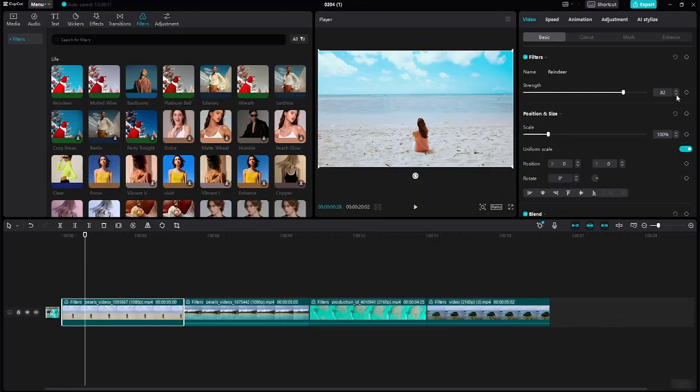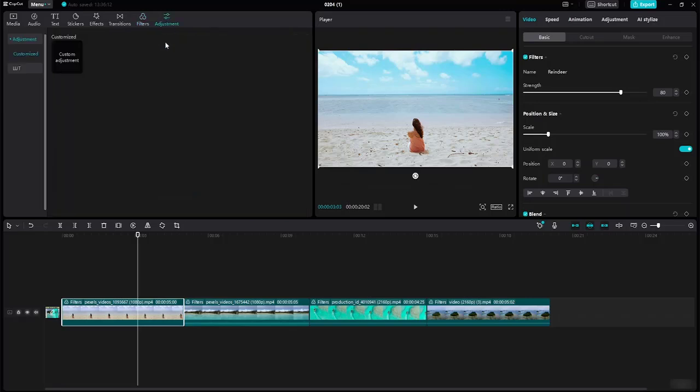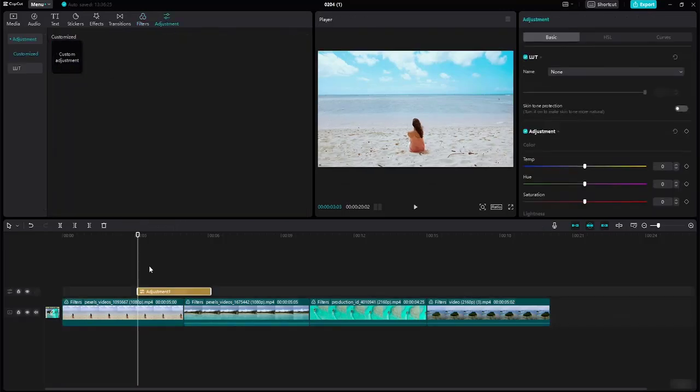Okay, maybe I will just decrease the strength by 80%. Okay, so now this part is also done. And suppose if you want to put on some vignette, in that case I will come to my adjustment panel, take one adjustment layer,